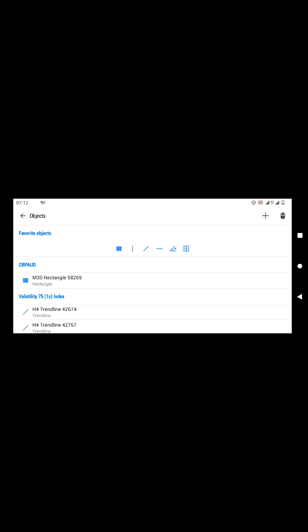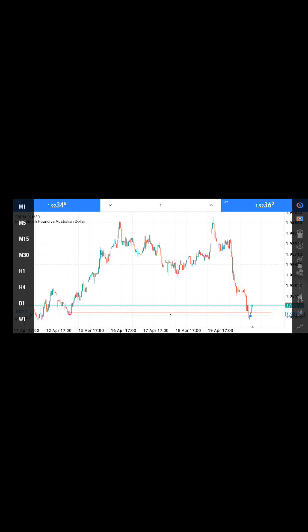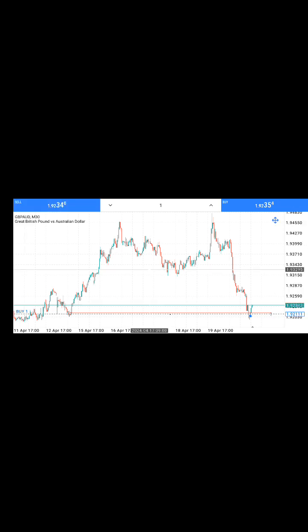Let's go back a bit. There is a fair value gap which was left around this place, which the market would come back and refill. As you can see, this is a fair value gap. For an order block to be valid, there must be a fair value gap. You see, this is a fair value gap. And again,